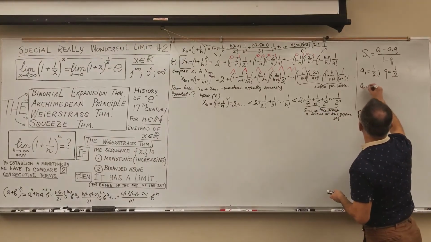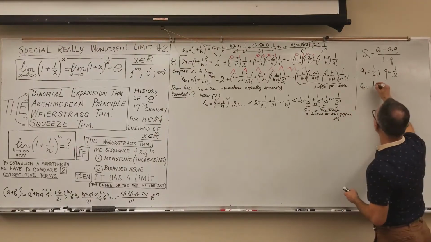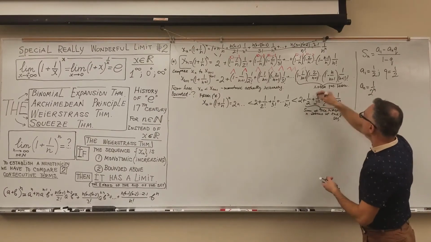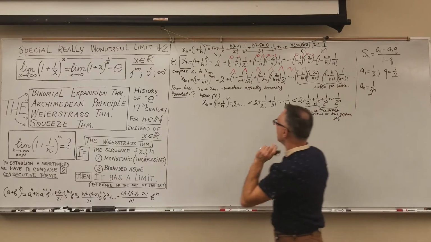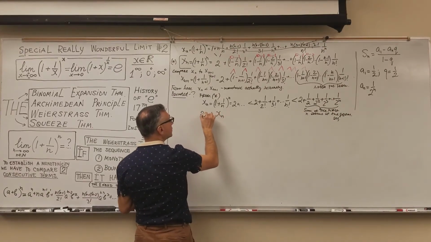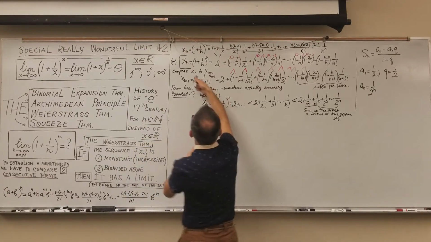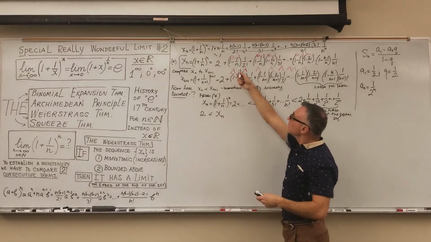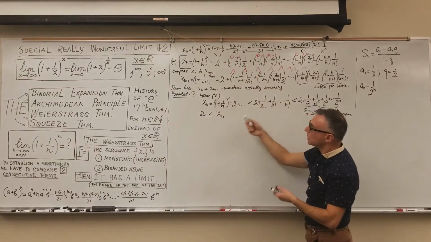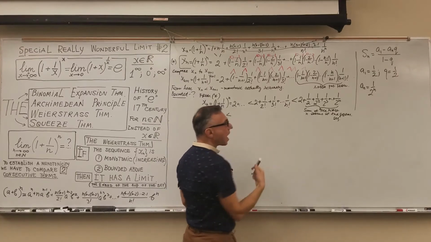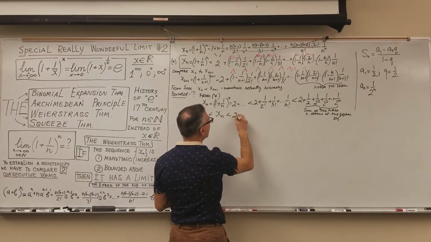And an is the last term of the sequence, 1 over 2^n. And finally, this sum is equal to... now I can say that my xn is actually more than 2. You can see that xn is 2 plus something positive. Those are positive values, so it's more than 2. And it will be less than the exact upper bound, which is 2 plus